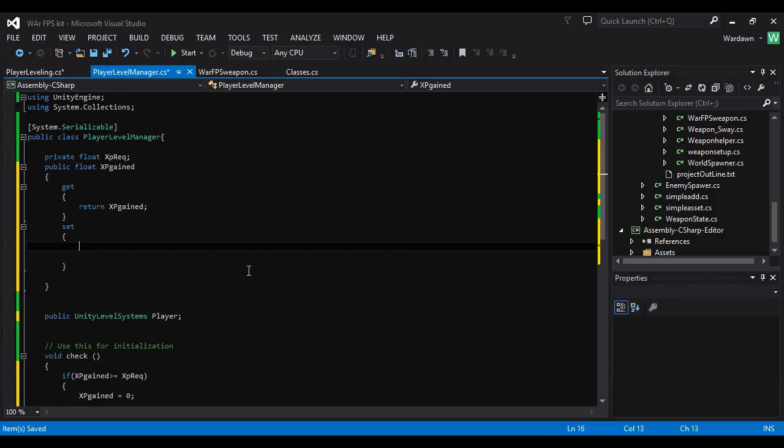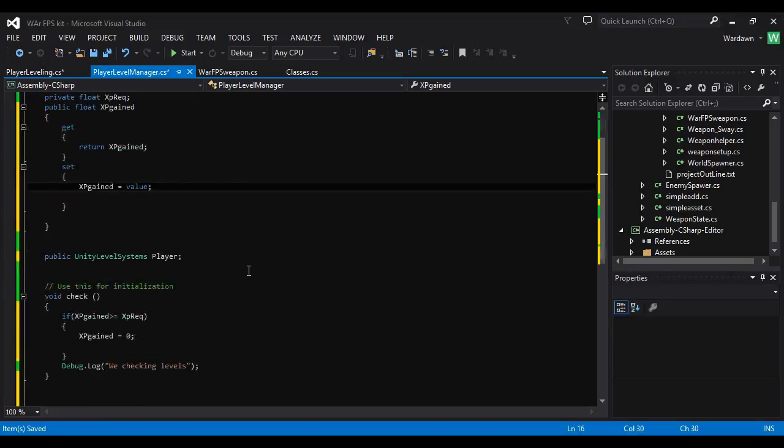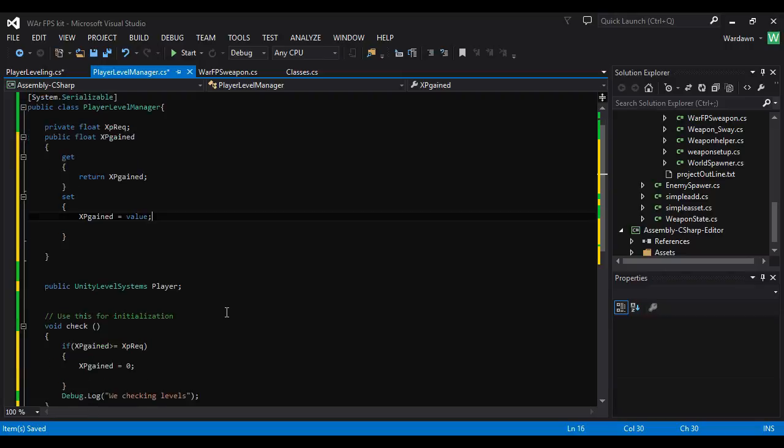Wait, really? Oh, yeah. XP gained equals value, but we don't want to do that yet. We want to